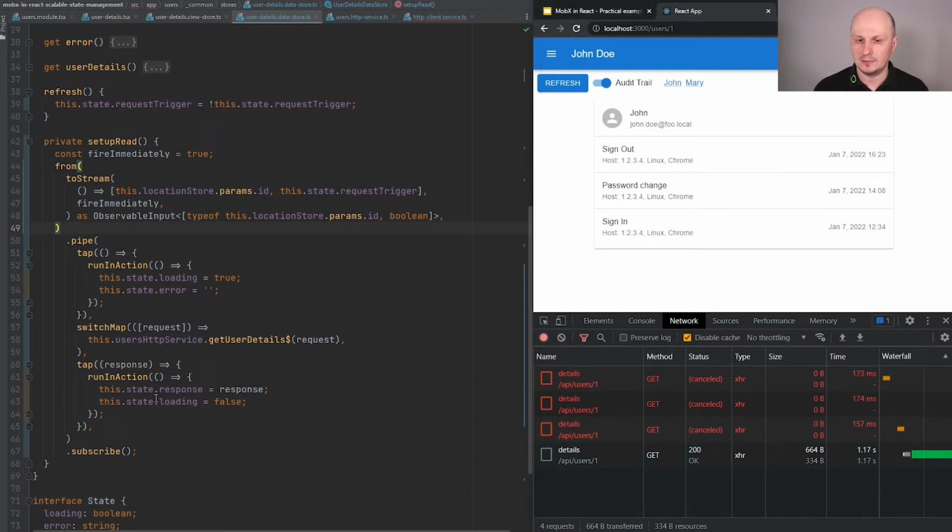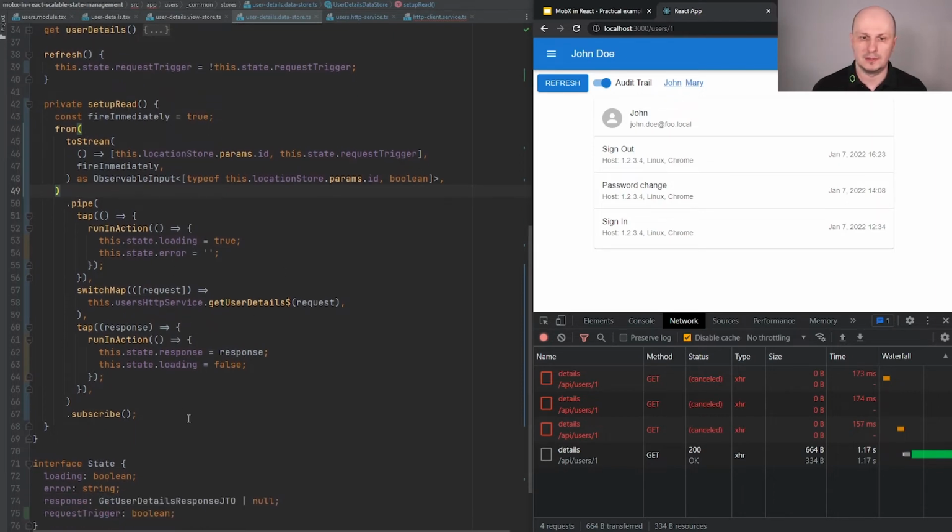So that's why, using a few lines of code and replacing the promise-based fetching logic with RxJS stream logic, we get the cancellation feature for free, out of the box.